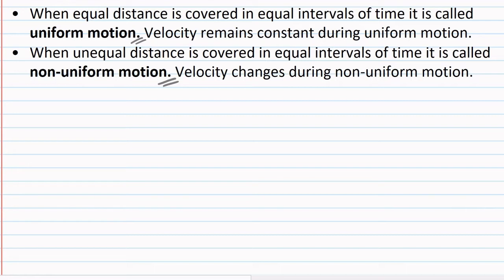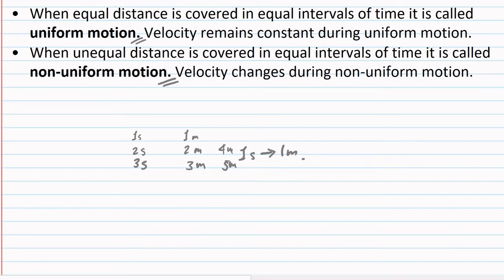For example, if in the first 1 second, the distance covered is 1 meter, and when the time is 2 seconds, the distance covered is 2 meters, and in 3 seconds, the distance is 3 meters, then it's uniform motion, because every 1 second, 1 meter distance is being covered. But if it is something else, like if this is 4 meters and this is 5 meters, then it is